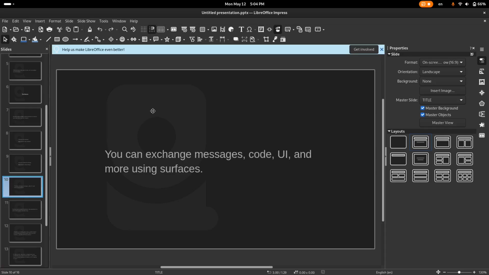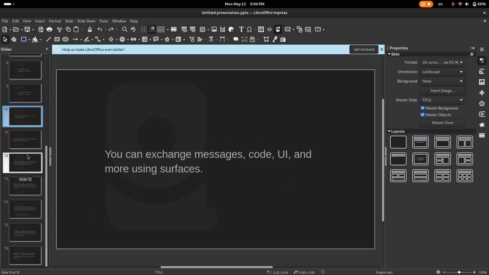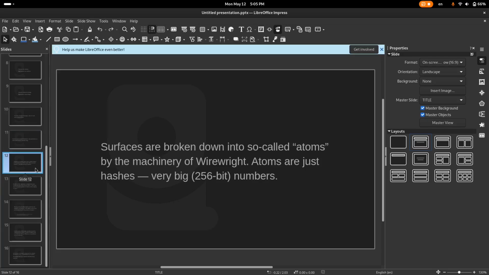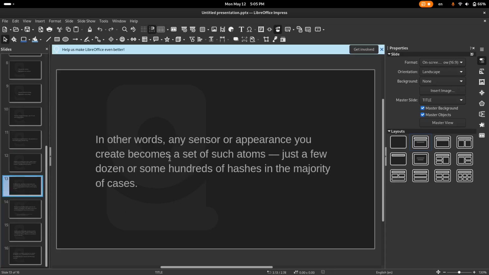So you can have multiple instances of µsoma connected over the network, right? Exchanging stuff using these sensors and appearances. So you can exchange messages, code, UI, and other stuff using surfaces. Now, they are built with distribution and decentralization in mind, and in quite a peculiar way. So we broke them into atoms, which are just hashes, like 256-bit hashes. So any surface that you see is going to be just a bunch of those hashes,